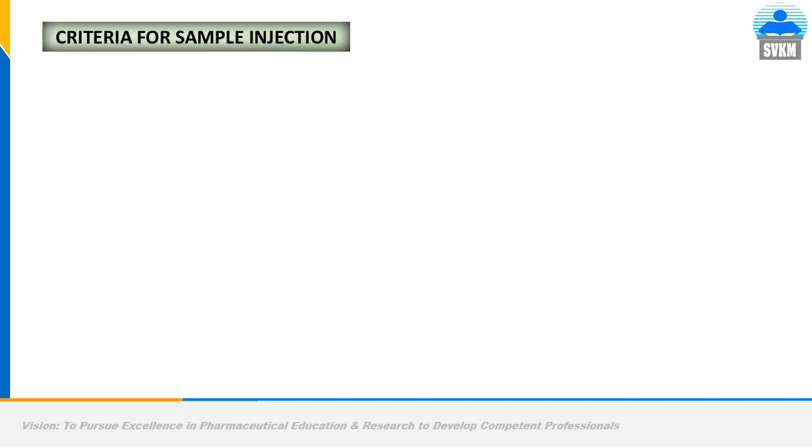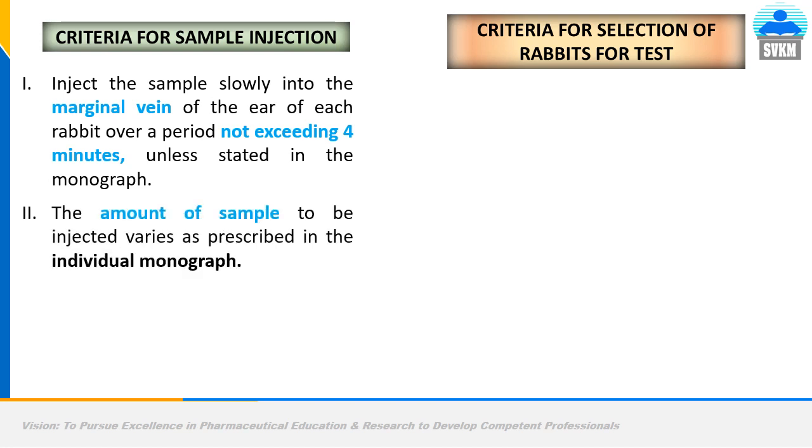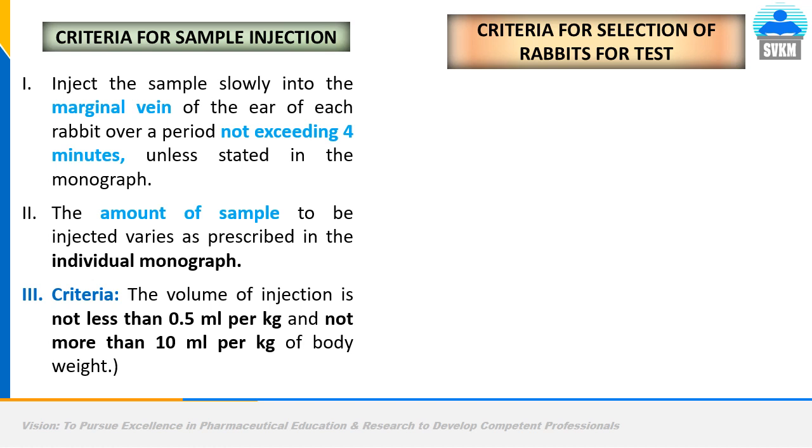While performing the main test, we have to carefully follow the criteria for sample injection and for selection of the rabbits. We have to inject the samples slowly into the marginal vein of the ear of each rabbit over a period which should not exceed 4 minutes. The amount of sample used should be as prescribed in the individual monograph, and it should not be less than 0.5 ml per kg and not greater than 10 ml per kg